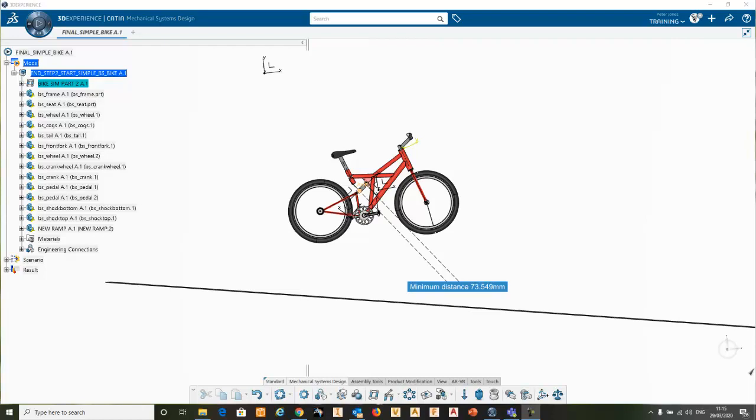Hi. In the last video I was taking this bike model and we were looking at creating a geared mechanism on the crank, and I said that we want to take it down a slope and see what sort of things happen to it. So what I've done with this one is that I've first created, using mechanical systems design,